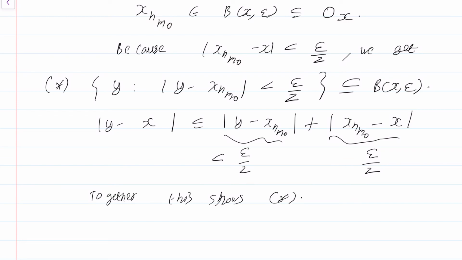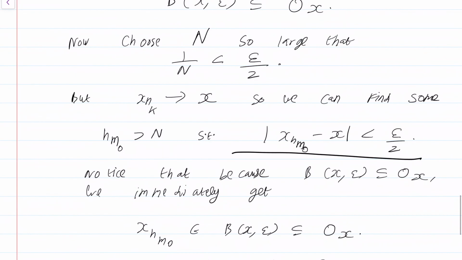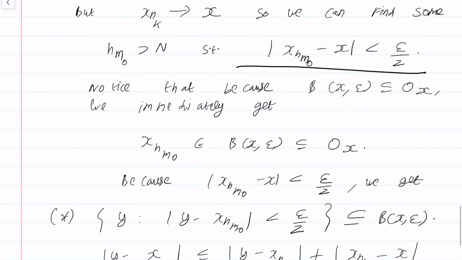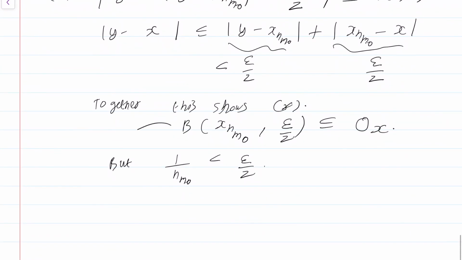Well, what's the net consequence of all this? We have got B(x_{n_m0}, epsilon by 2) fully contained in this element O_x. But wait a second. 1 by n_m0 is less than epsilon by 2, right? Why is that? Because 1 by N itself is less than epsilon by 2. Therefore, 1 by n_m0 is less than epsilon by 2. Wait a second. That means B(x_{n_m0}, 1 by n_m0) is contained in O_x. But this contradicts